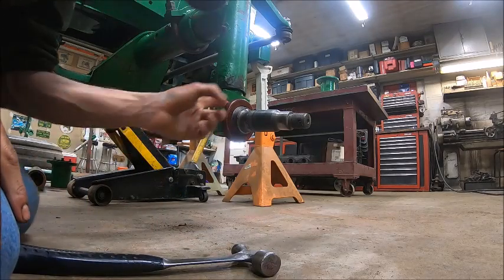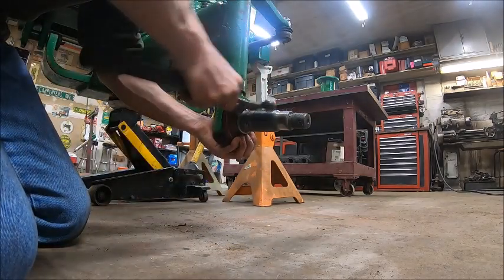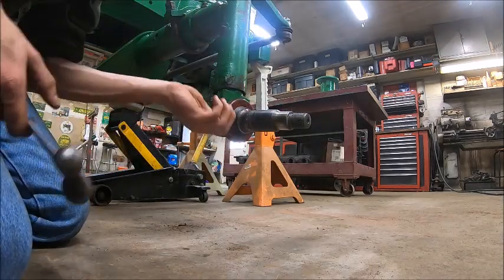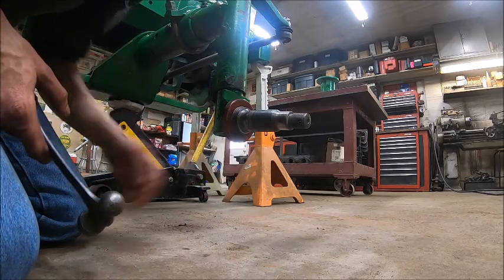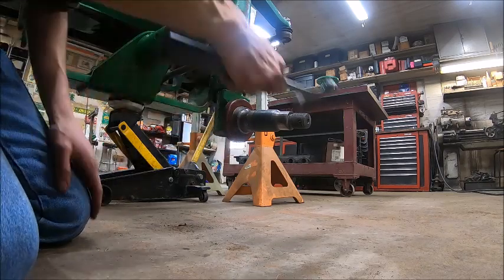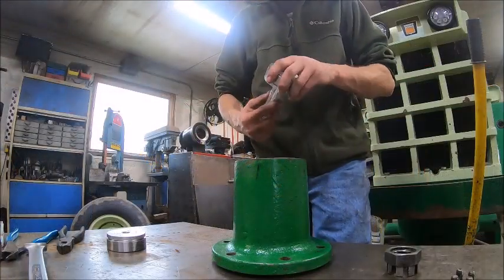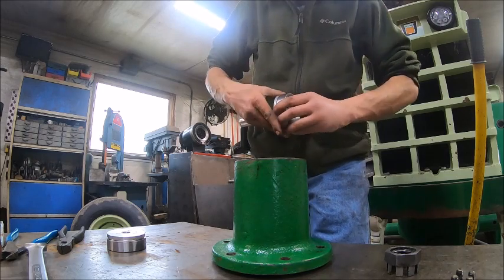Basically, you just drive that on until it won't go no more. I'm sure there's actually a special tool for doing this, but it doesn't go on that hard. So generally, once you get it started, you just work your way around and it'll go on there like it's supposed to. Alright, so obviously I've had all the hubs cleaned up since yesterday, so we're good to just start